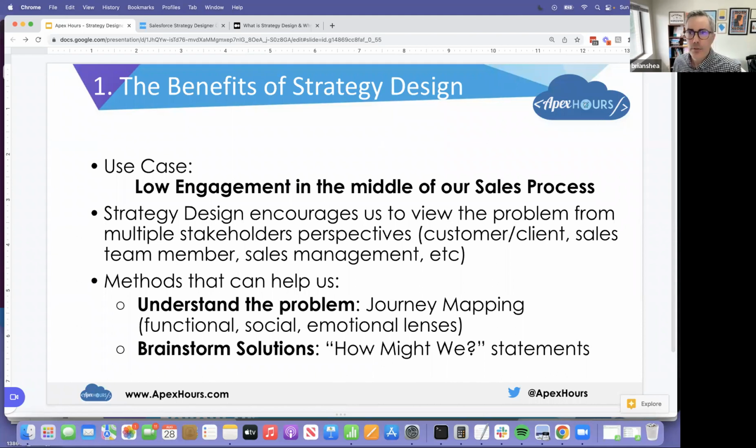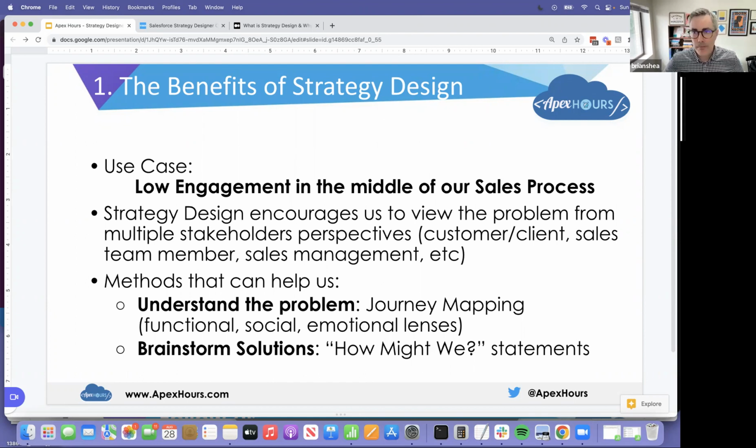To do a quick recap of what strategy design is, how you use it, and the benefits, I'm going to do a quick review of a use case that we talked about yesterday. And it's illustrative of where strategy design can play a role for your organization. So we talked about an example